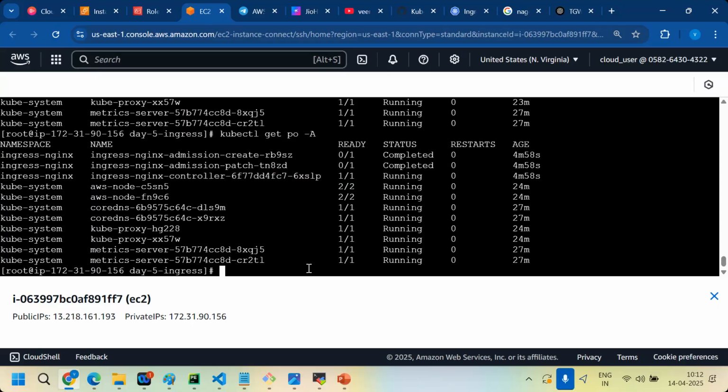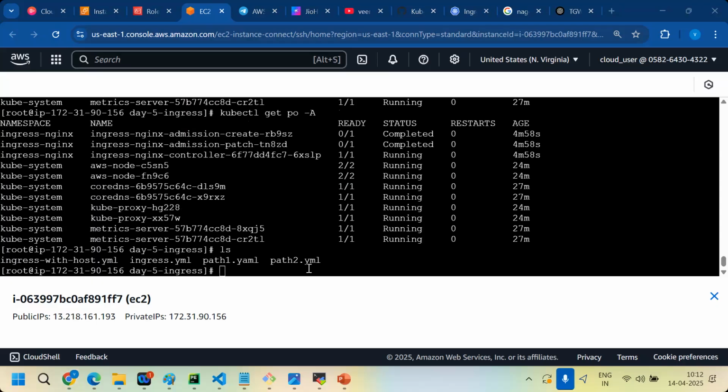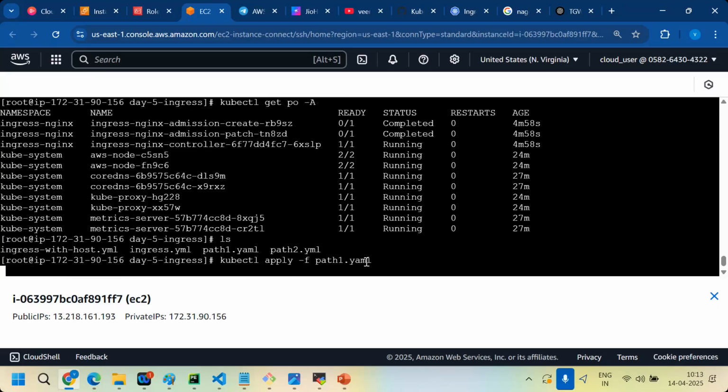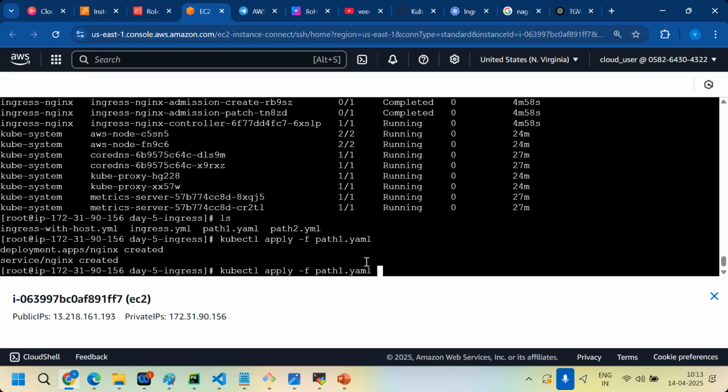Next process is what? You can ignore this for now; I will explain later what host is. Next is path 1, path 2. So simply kubectl apply -f path 1, and next path 2 also.